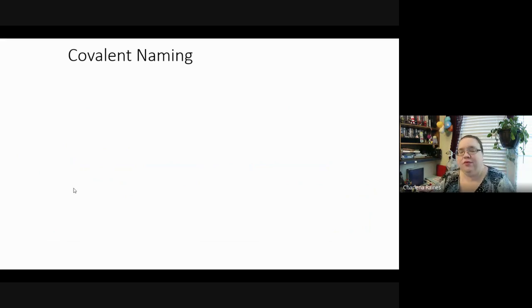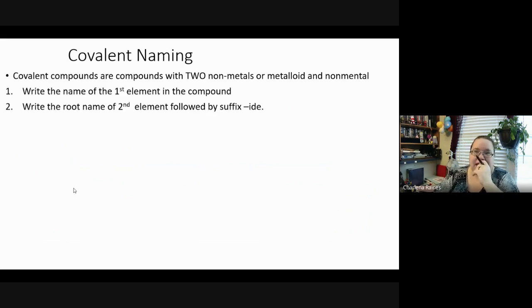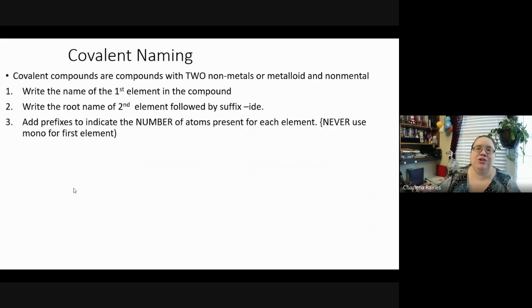So if I'm giving you the formula and I'm asking you to write the name, it's really, really similar to type 1 ionic. You just have to add those prefix names. So you would write the name of the first element. You would write the name of the second element, changing that ending to IDE. Remember, you're just keeping that first syllable, the first part of the second name, and then you're ending it in IDE. And then you add your prefixes to indicate the number of atoms